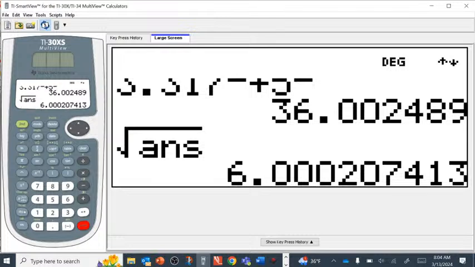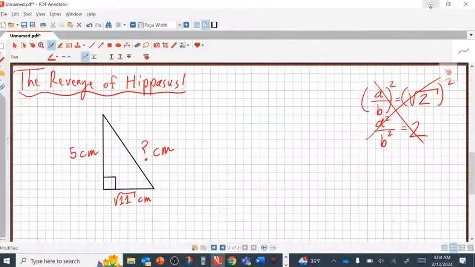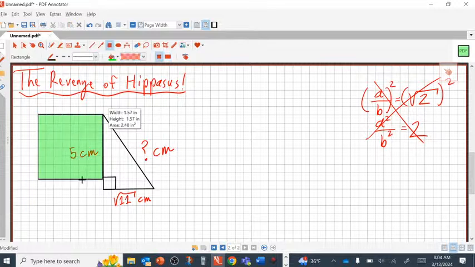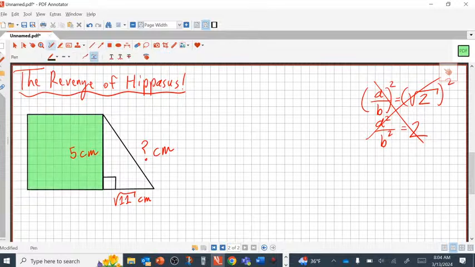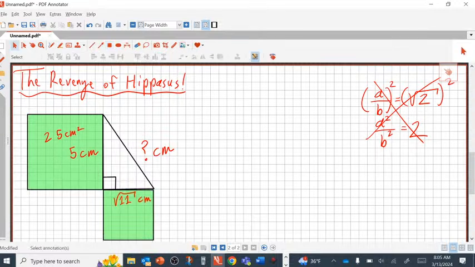Can someone tell me what happened to this person? Ellie. Yeah. And the truth is, guys, how many people looked at this initially and thought that was going to be harder, but then thought about it and realized that's actually easier? Yeah, because if I take something that's got the 5 centimeters, that guy's got an area of 25 centimeters squared. And if this is the square root of 11 centimeters,